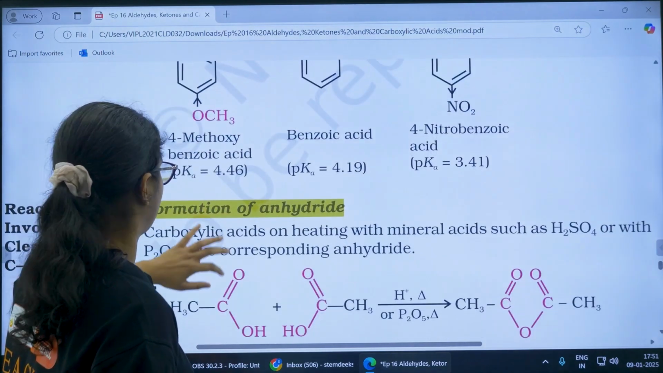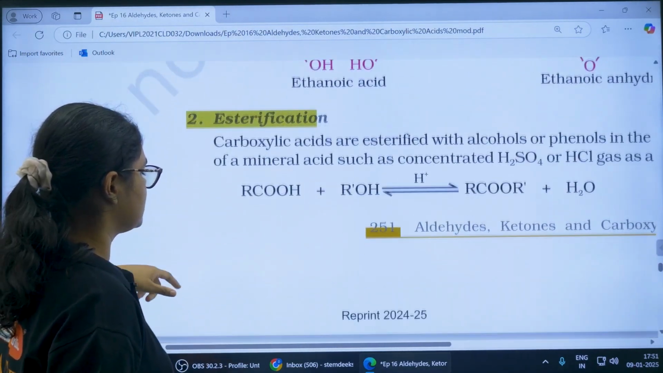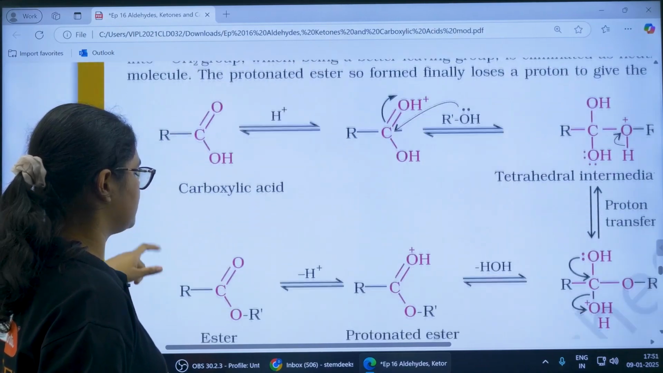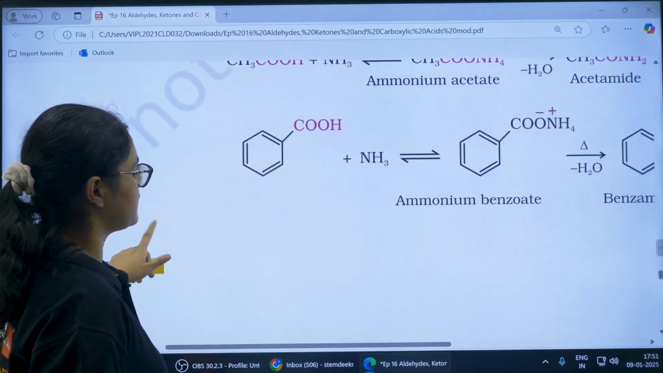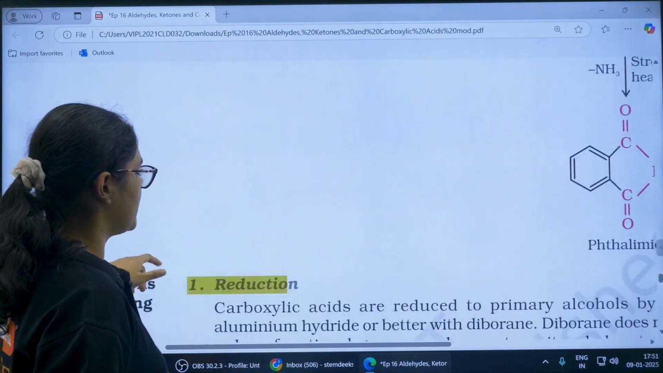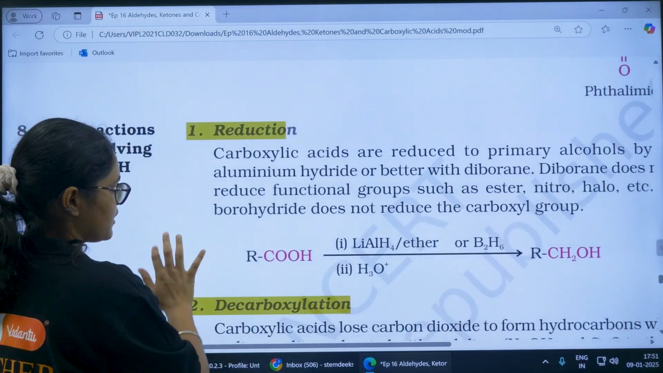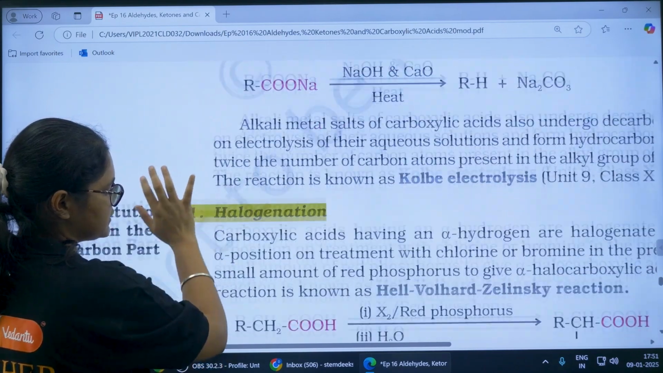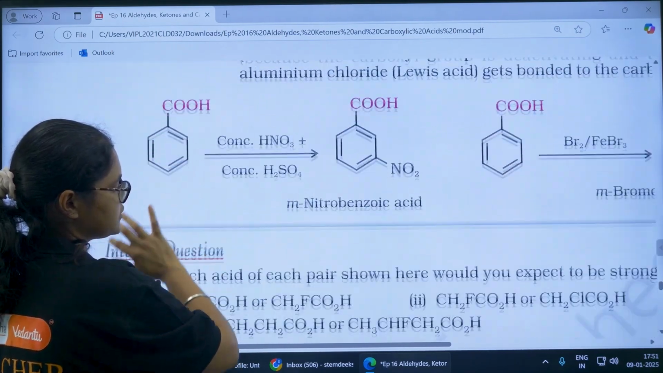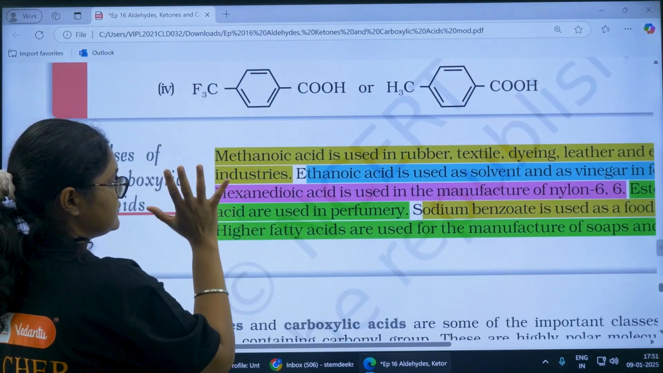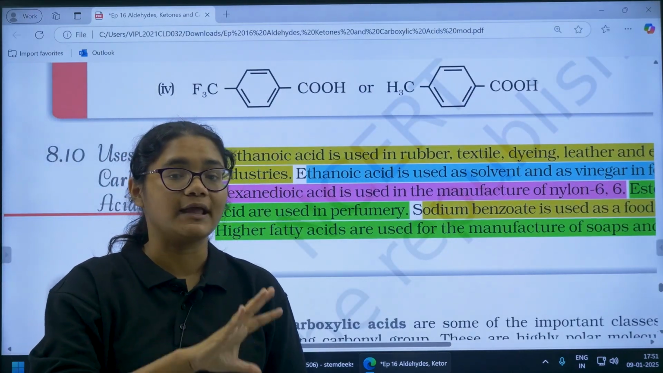Next, I don't find anything important. Yes, reactions are there: formation of anhydride, esterification, these all reactions you have to study. Reactions with PCl5, PCl3, reaction with ammonia. Then you have reduction of carboxylic acid, decarboxylation, halogenation. All these reactions you should be knowing. Ring substitution. Yes, this is the most important part in this chapter, I can say, from where MCQs can